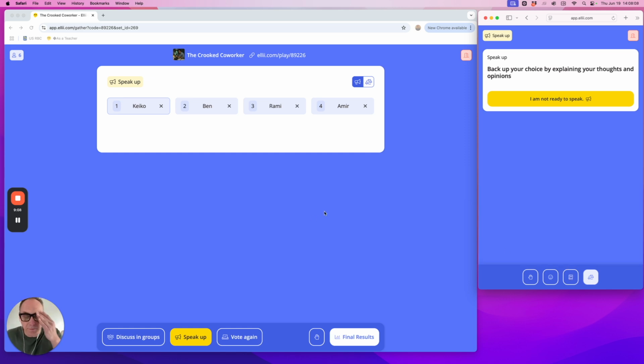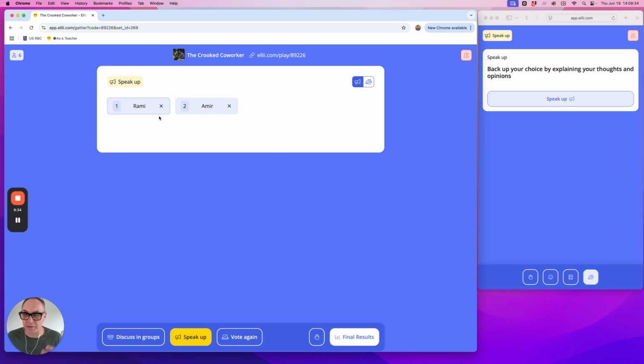So Keiko wants to speak first. I'm going to allow her to speak, explain why she chose A over B. Maybe she can also explain what her partner thought and whether her partner influenced her in any way to change her opinion. So lots of different things that you can do once they get up on stage. When Keiko is finished, you'll just simply click that, and she goes away, and click the exit as well for Ben once he's finished. So you're bringing people up on stage and you're giving them a chance to speak their